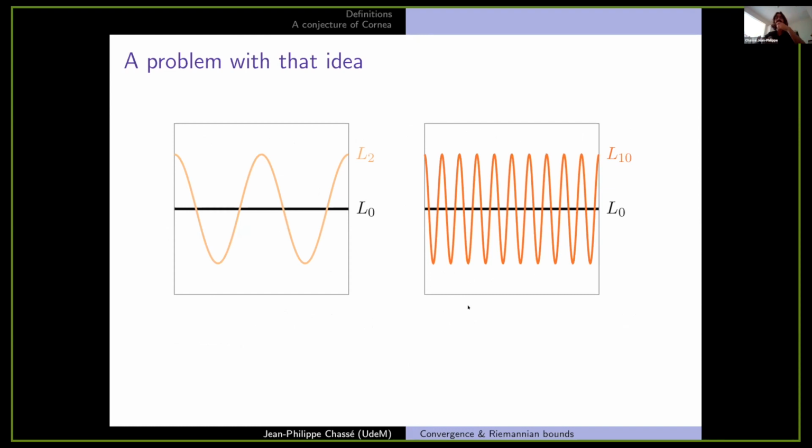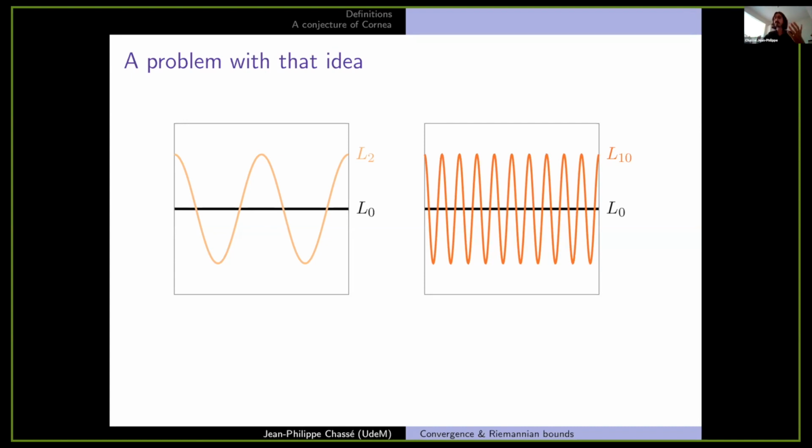But obviously, you just need to look at a drawing to see that this does not converge in Hausdorff metric. As n gets larger and larger, this thing is going to get wigglier, and from the point of view of the Hausdorff metric, Ln will converge to just a solid rectangle. It's not going to converge to L0 at all, and thus it seems that the idea that convergence in a nice symplectic metric implies convergence in Hausdorff metric is a bad one. It doesn't work.